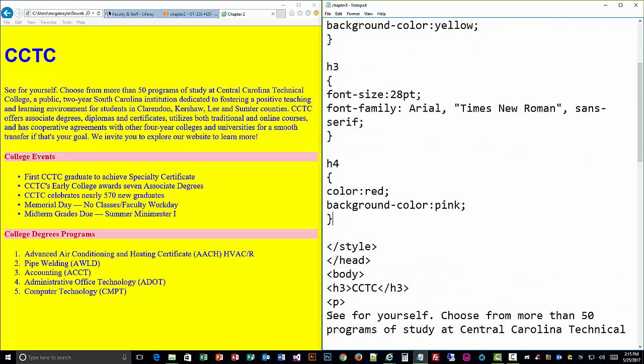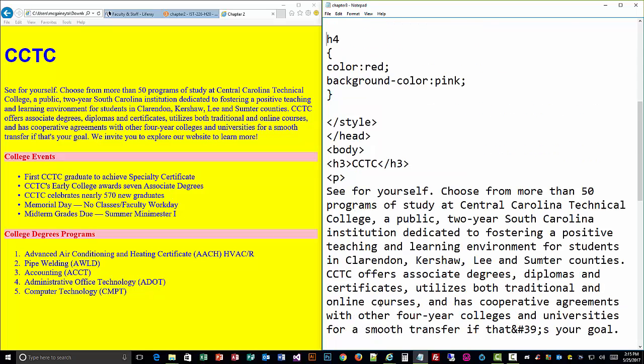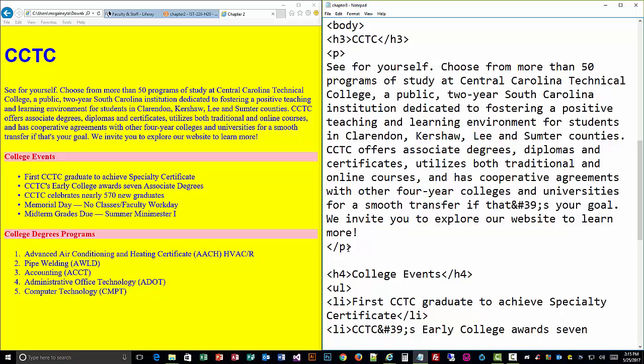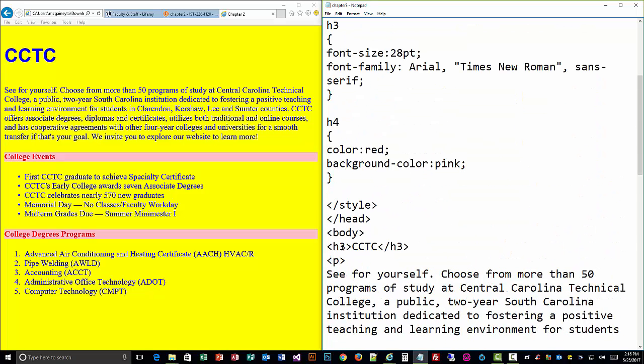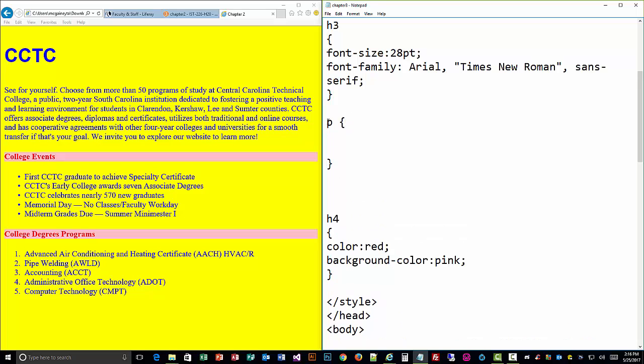Because my H4 tag is low on my HTML, below my paragraph tag, I'm going to come here in my style sheet and put my P tag right in between my H4 and my H3, because my P tag comes before my H4 tag in my HTML down at the bottom. So I'm going to put my P selector, put my curly braces,